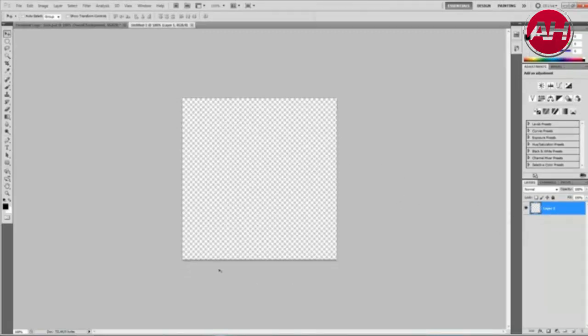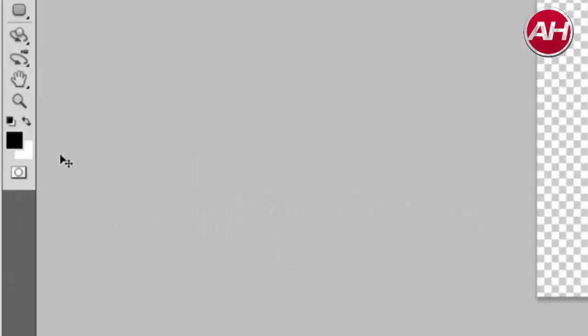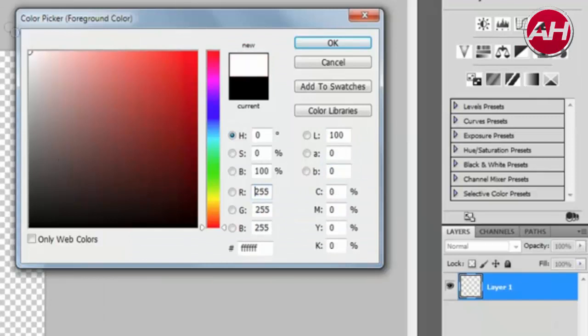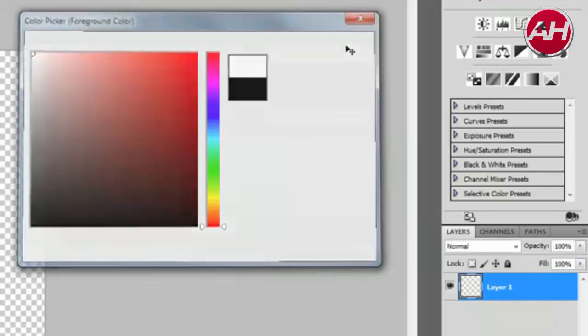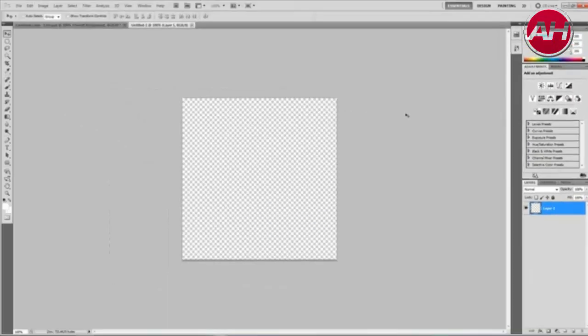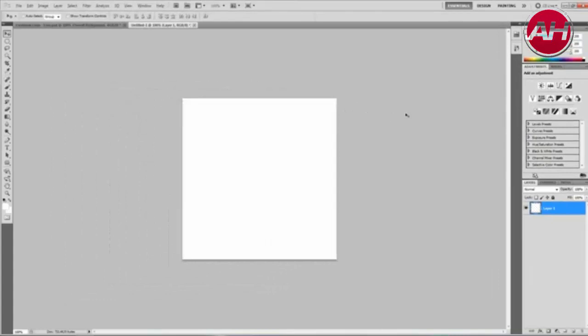and to do that I'm just going to select layer 1 as my foreground color just by clicking the first box over here and changing that to white, and then hit OK. And then I'm going to hold down Alt and press backspace, and that is just going to fill the layer selected, my foreground color. Now what I'm going to do is create a new layer